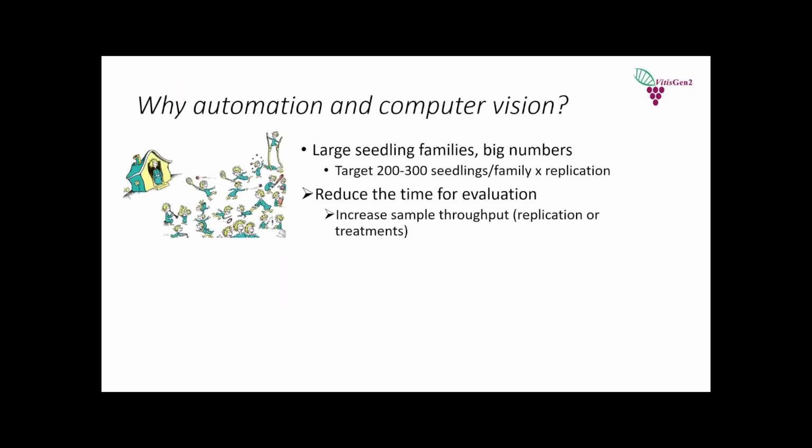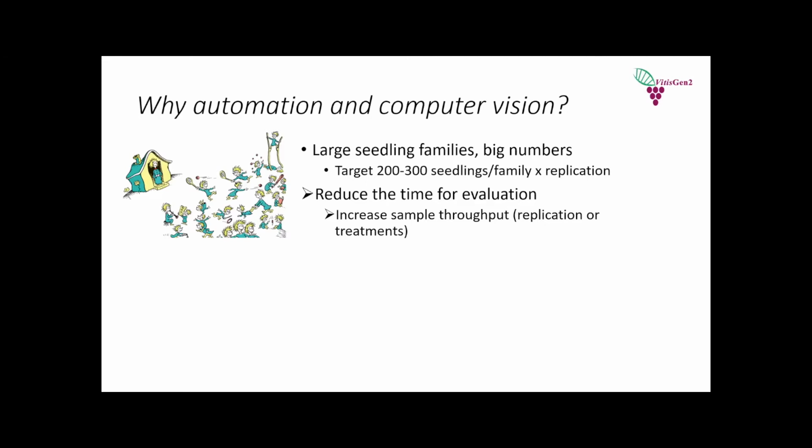Okay, so I'm going to go back now to the big picture. Regardless of the trait that you're looking at, why might we want to automate and use computer vision, which you're going to hear about from all 3 presenters today? Well, one is when we're mapping in genetic families, we need to use large seedling populations, so big numbers. Our goal in VitusGen 2 is to have 300 seedlings per family. And in addition to that, you need to have multiple replications, so sample the same vine multiple times to be able to statistically analyze it and identify statistical significance for the trait of interest. So when you have such big numbers, every experiment you're doing is in the thousands of samples,